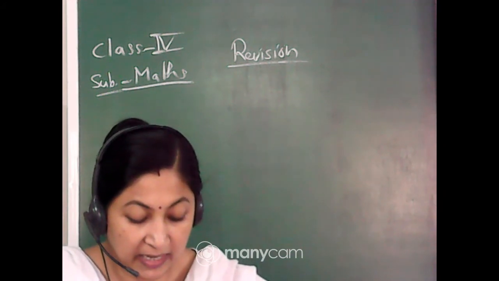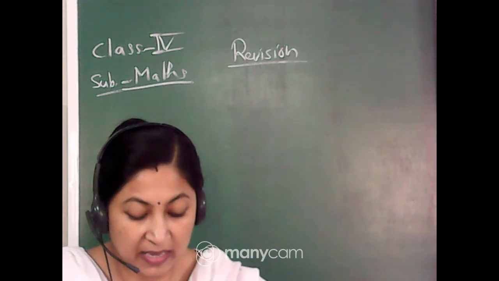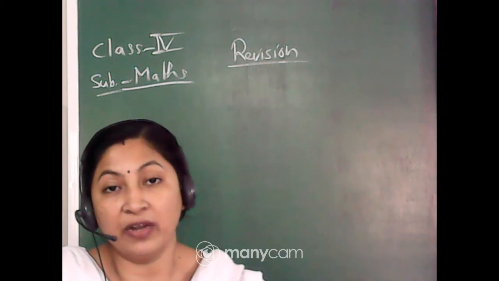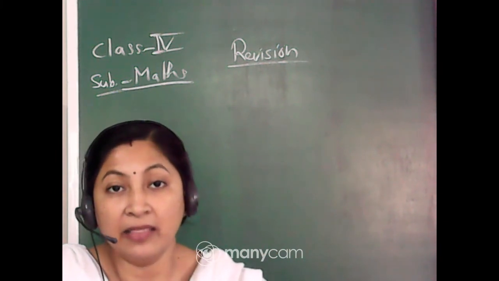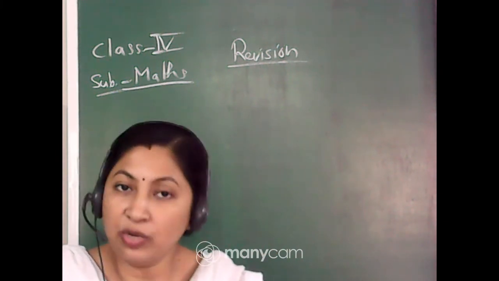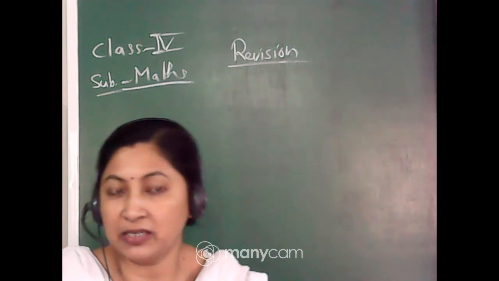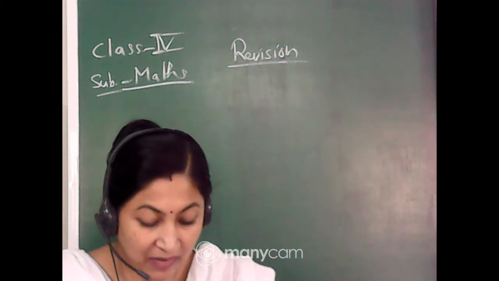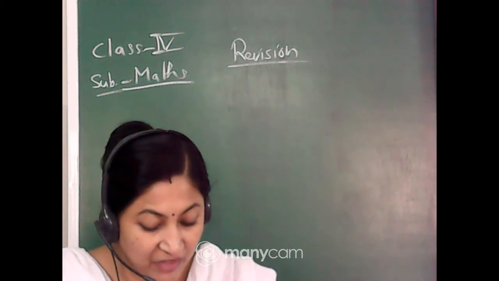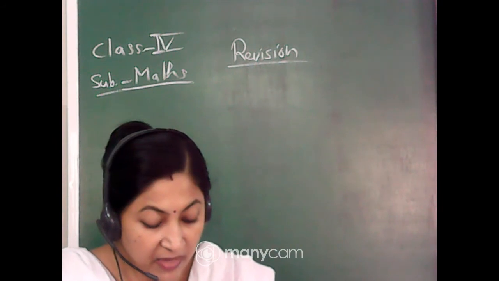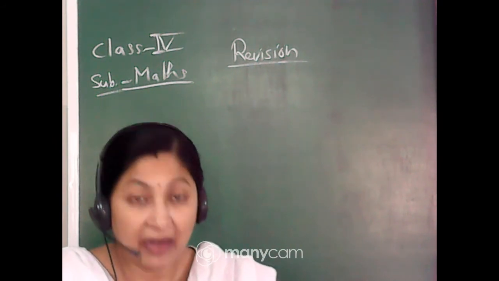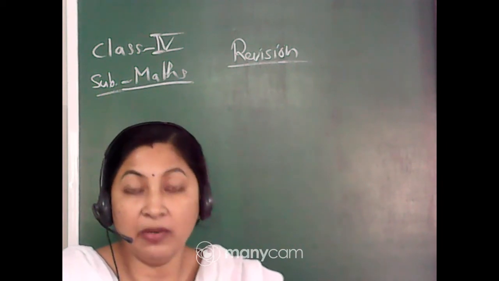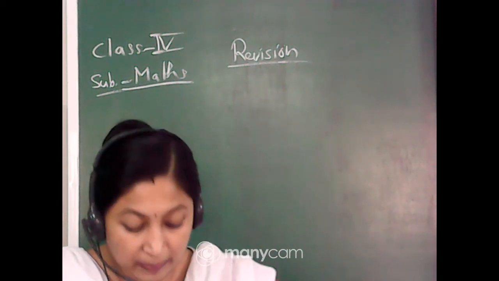Similarly, he has taken dash jumps if he is at 36. Now when the frog is at 36, you have to find out how many jumps he has taken. That means 36 divided by 3, because he is jumping 3 steps at a time, isn't it? So 36 divided by 3, that means 12. The frog has taken 12 jumps. Next one is if he is at 42, he has taken dash jumps. That means he has taken 14 jumps. You have to divide 42 by 3.